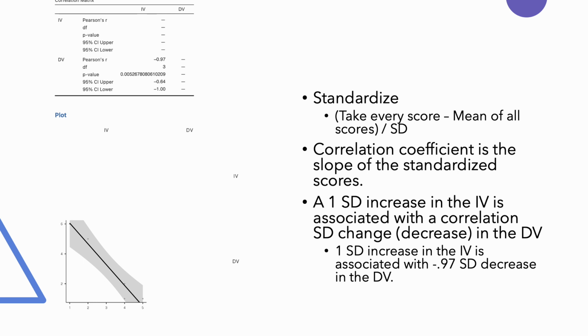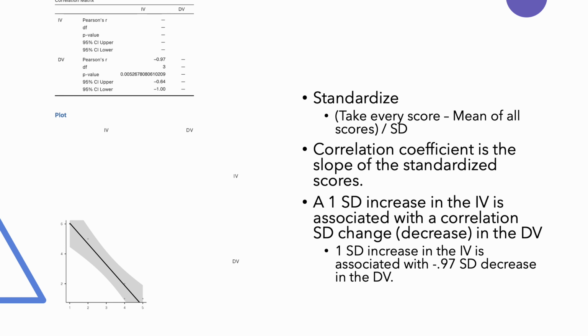The correlation coefficient is actually something that we can understand. So I'm going to teach you a little math. First, you have to understand the concept of standardizing a score. If you look at the column of data for the independent variable, to standardize that column of data, we would find the mean of that column and the standard deviation of that column. Then for every score, we subtract the mean and divide by the standard deviation, using the order of operations I show on the slide. If we do that for both variables,